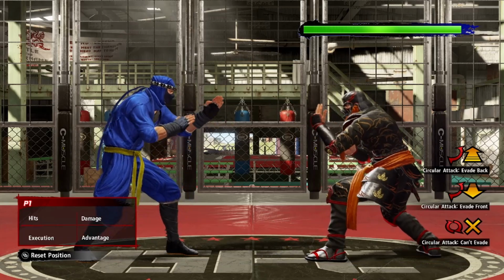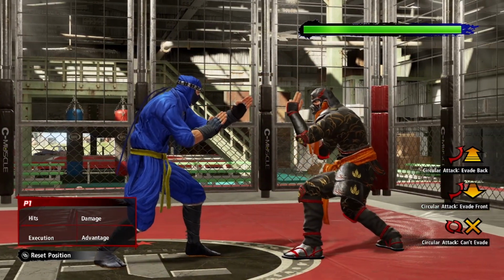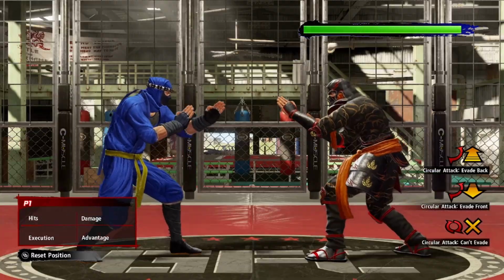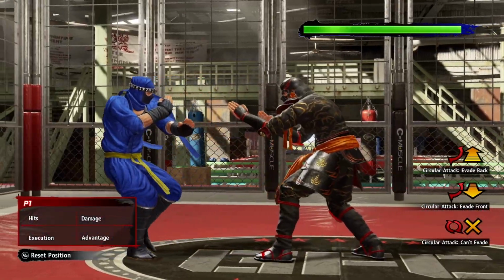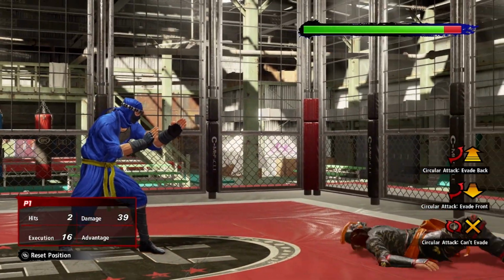Next is 4P. This is his fast backspinning elbow. It's 13 frames and leaves Kage at +3 on hit. He has a kick extension, so this will be another good punisher and a whiff punisher. So if you see them whiff something, you can just react really quick and get a quick 39 damage and